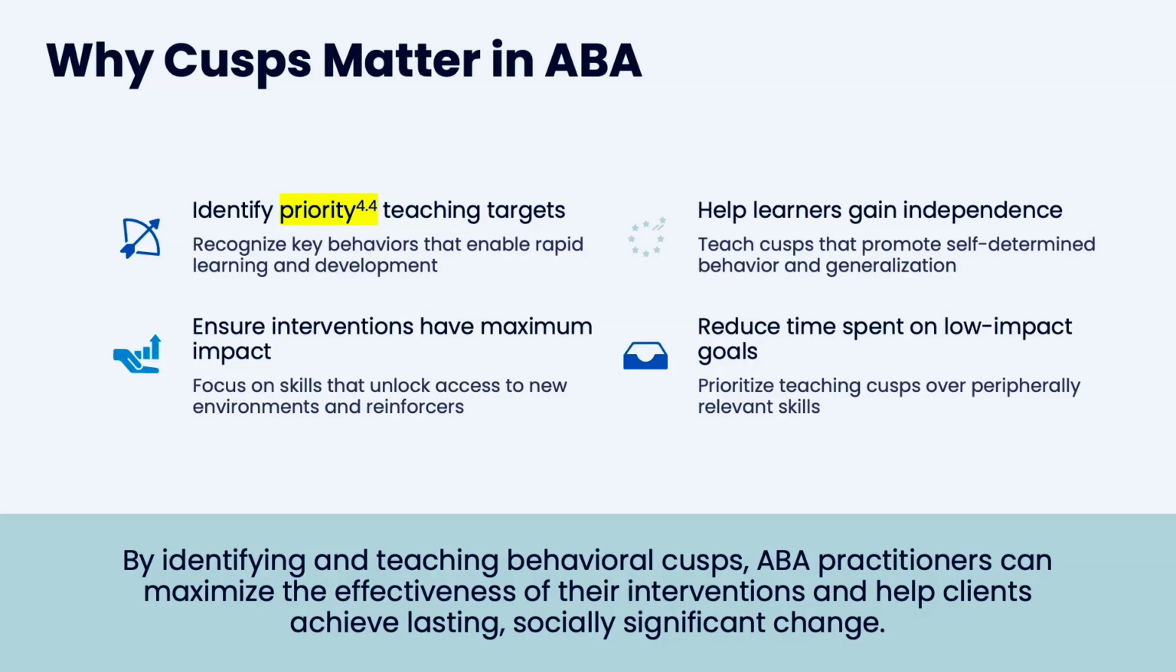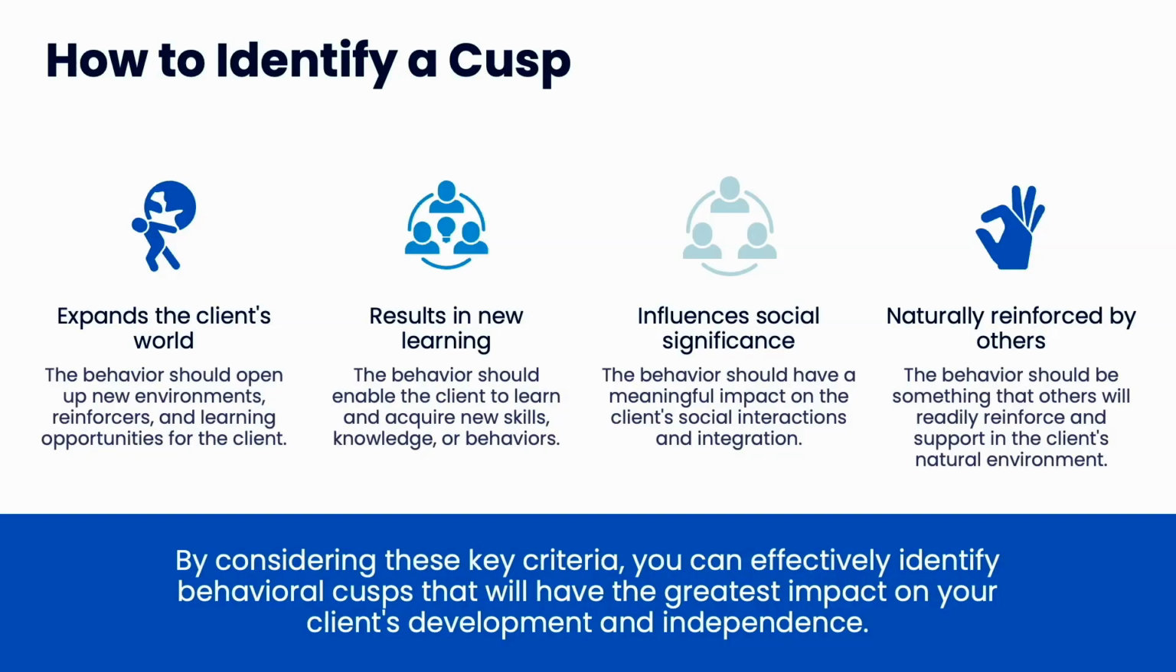So if you are not working with a cusp, it might not really affect their life as much or not be as socially significant. So you really want to focus on those cusps. How to identify a cusp? If it will open up new environments, reinforcers, and learning opportunities for the client, then it's a cusp. We have these things that are just cusps. We know it, like learning to crawl, learning to read, learning to talk. But there's also things that might be a cusp individually for that person, because if they learn this, they can go into this